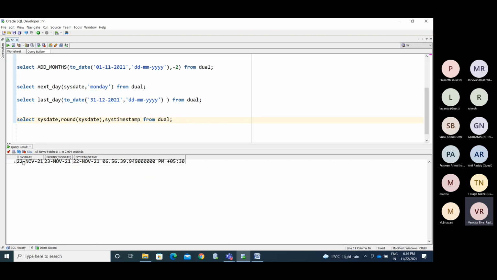The system understands it with the date and time. To make it clear, I'm displaying it with the timestamp here, systimestamp. Now you are getting the 23rd of November.